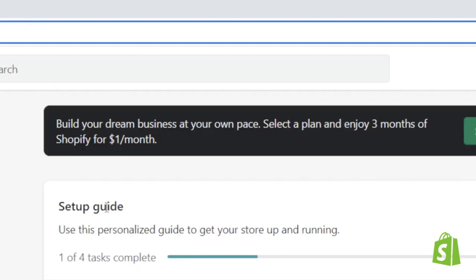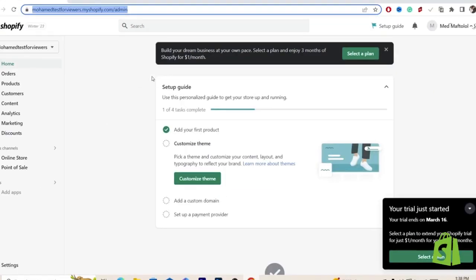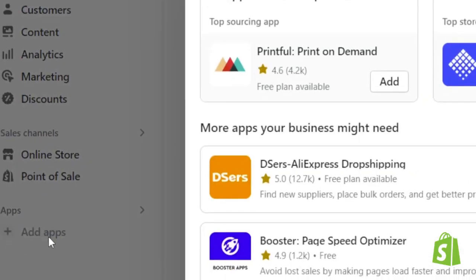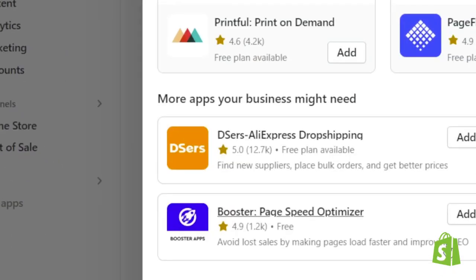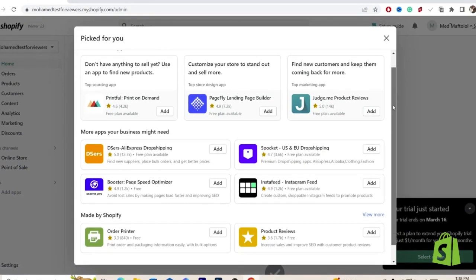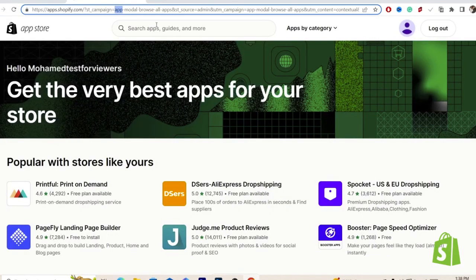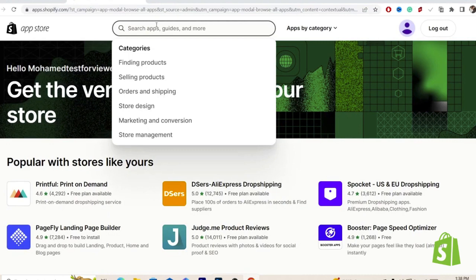Now after you open your Shopify store, what you want to do next is click on where it says apps. Okay, you want to click on add apps, in the left where it says add apps. Now after that, you want to scroll down and click on Shopify App Store. Now after you click on Shopify App Store, it will show you all different apps, but you have to